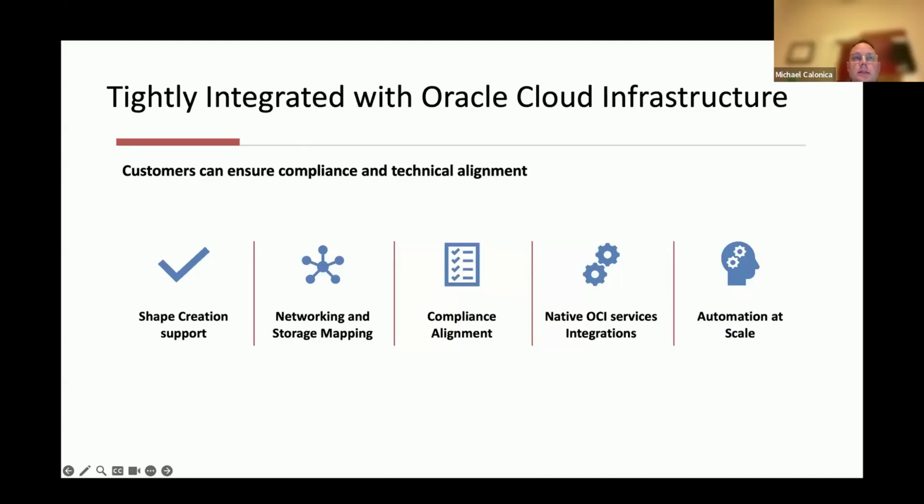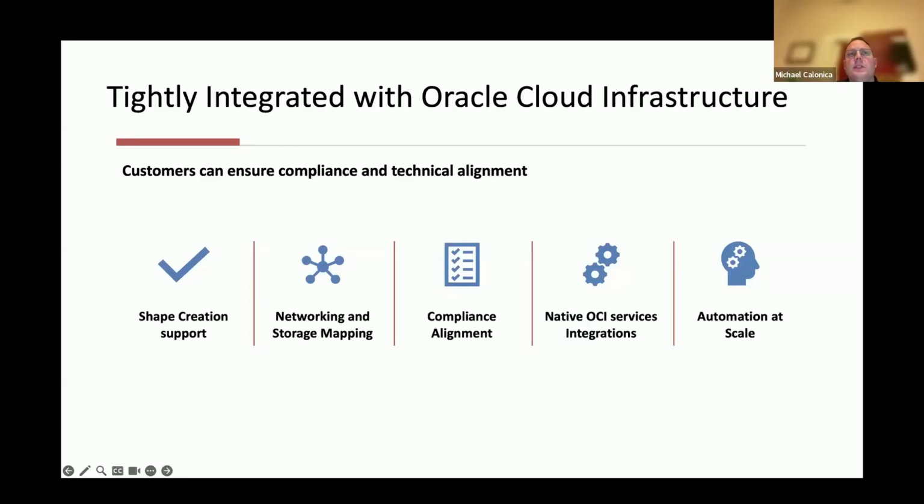And then within compliance alignment, right, I think this is critically important, especially depending on where that maybe critical infrastructure is, where those critical workloads live. To give some context, we support IL5, FedRAMP High, GDPR, as well as other type of compliances, but also sovereignty mandates. It enables Oracle customers to be able to pursue and be able to protect those workloads, especially if you're in government or regulated industries.